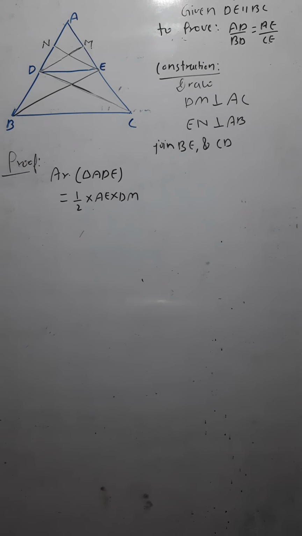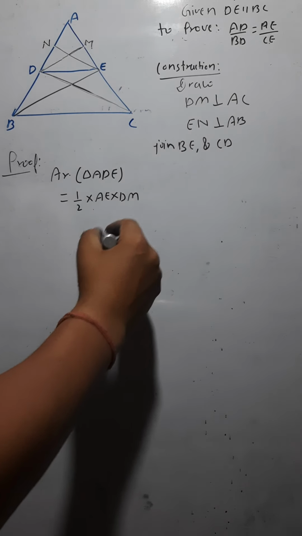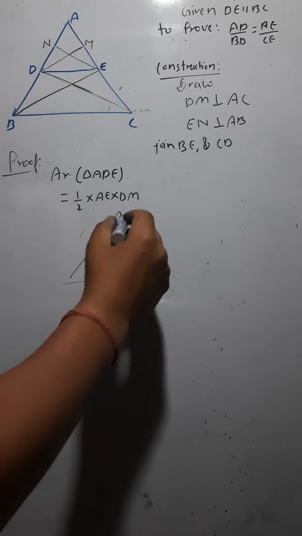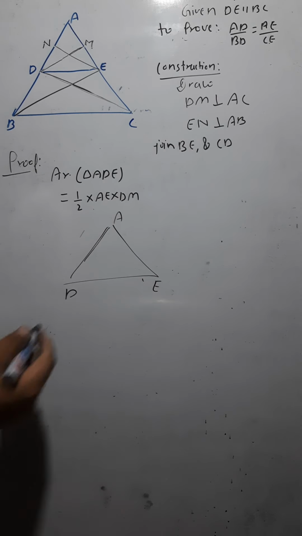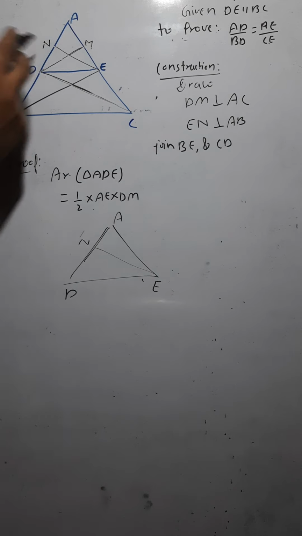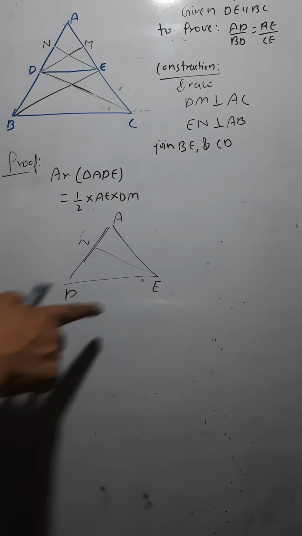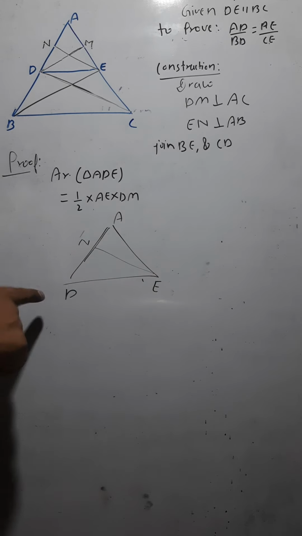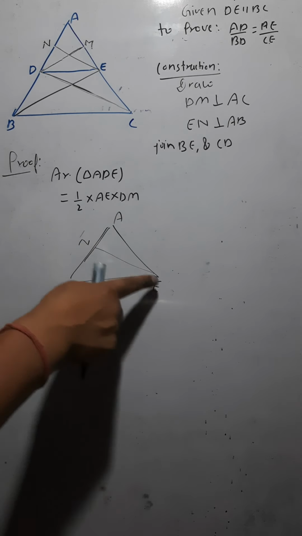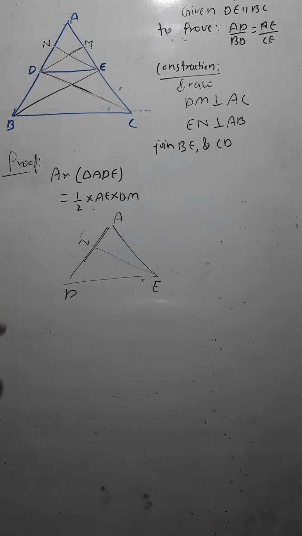Now in one more way I can find out the area of the triangle ADE. Look here. Let's say this is ADE. Now let me draw the perpendicular from here. Let's say this is the perpendicular, this is N now. Look at this. Now if I am taking this as the base, this would be the height. So the area of the triangle ADE would be what? 1/2 base into height. So 1/2 base is what? AD into EN. Getting or not?